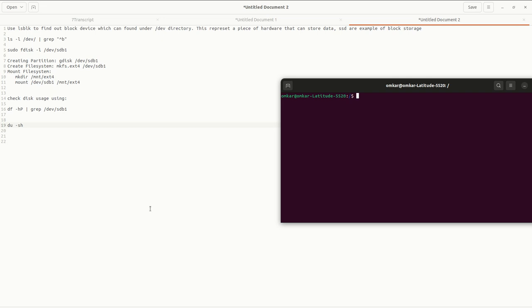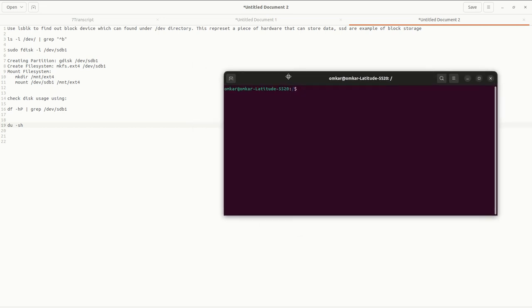In this video, let's explore some commands related to disk usage. So currently I am on my terminal. Here, let's find out what set of disks are attached to this machine. For that we need to use this command called ls